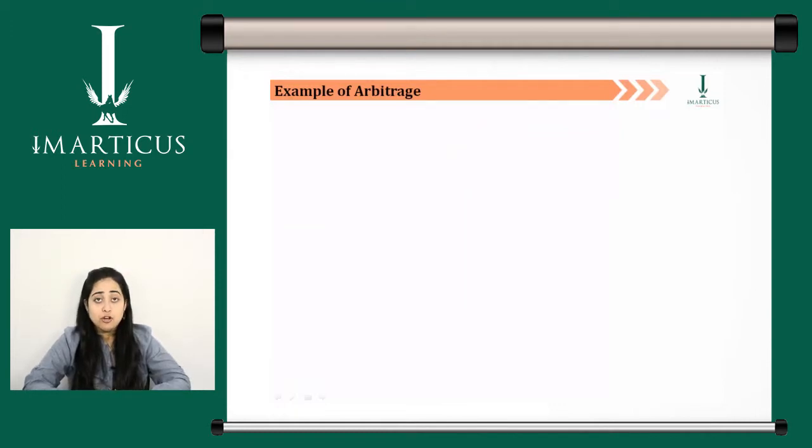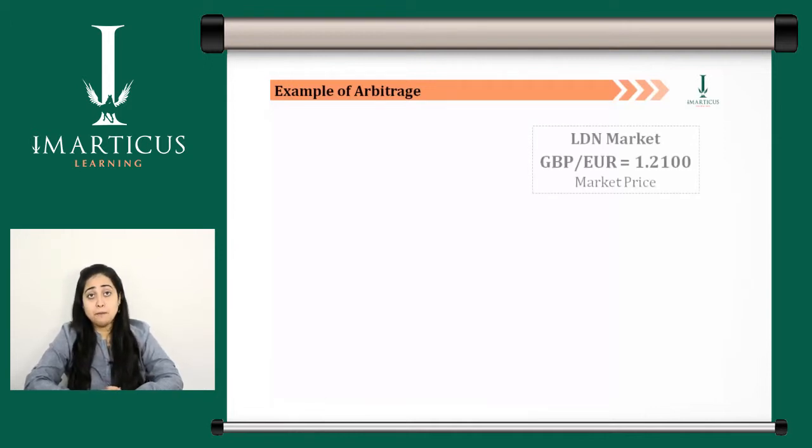Moving on to an example of arbitrage. Arbitrage is basically buying in one market and simultaneously selling in another, profiting from a temporary difference. A trader is looking at GBP to Euro rates in the US OTC market and the London OTC market and looks at certain price differentials. To make a riskless investment, the trader will have to place two orders: buy 100 million